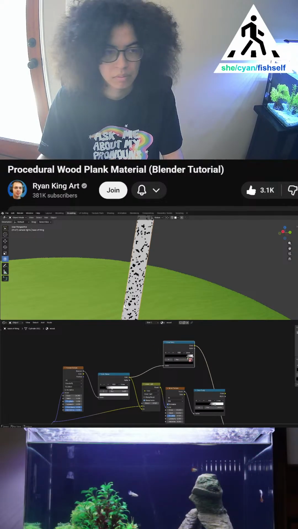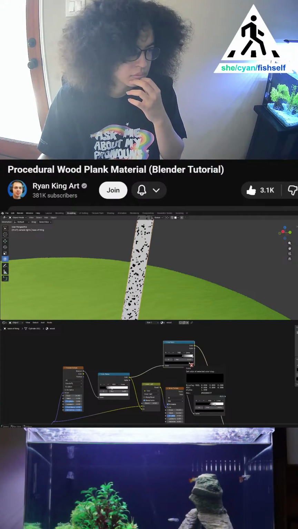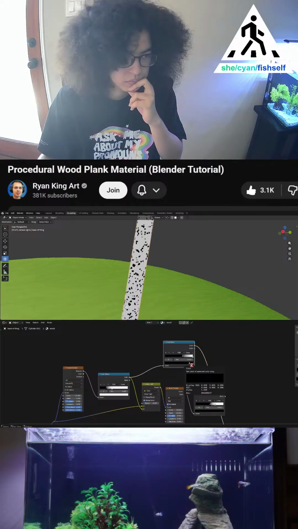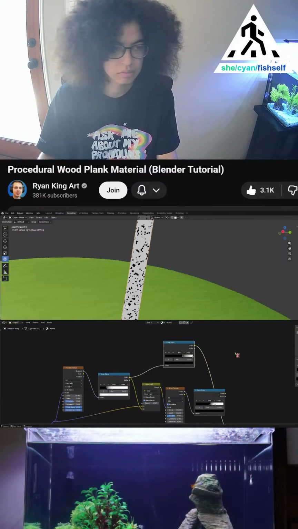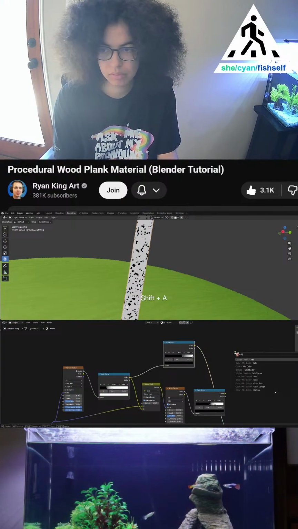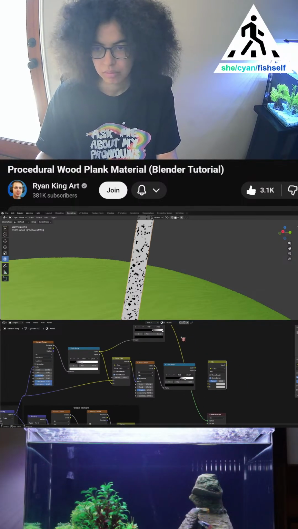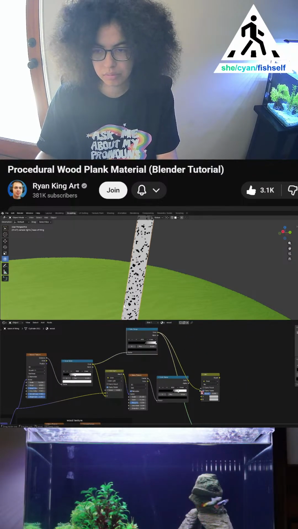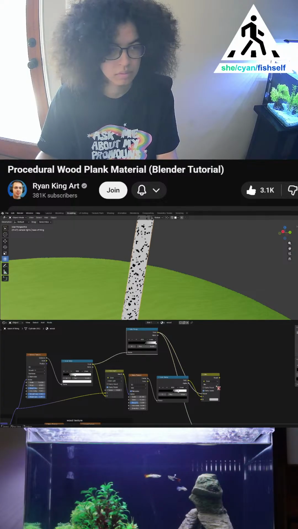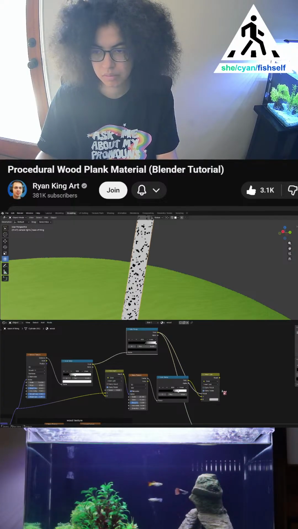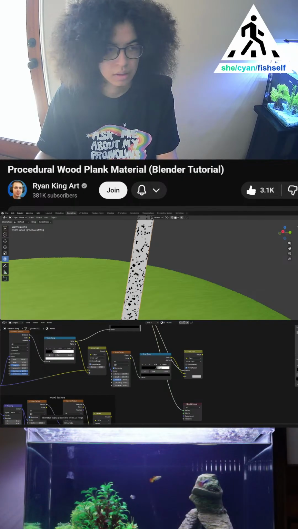So this color ramp here, we're going to use as the mask to tell it where we want to be able to see those knots. And we're just going to see the knots where the dark parts are. So I'll go to the add menu, and to mix them together, I'm going to search for another mix color, and we'll drop this here. And so we're going to plug the color ramp color into the factor, and then this bottom color ramp color, this one is actually the knots. The color is going to go into color A. And then right here on the mix type, let's change this again to the linear light, and let me just Control Shift and select it so we can preview it. So because this color ramp is going into the factor, this is determining what parts will be